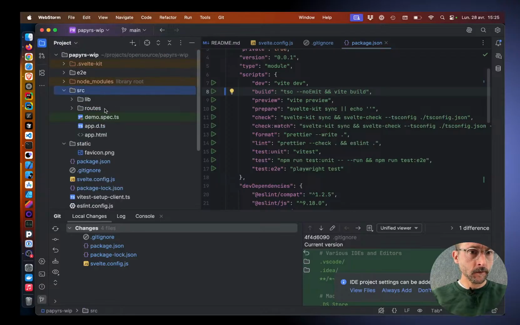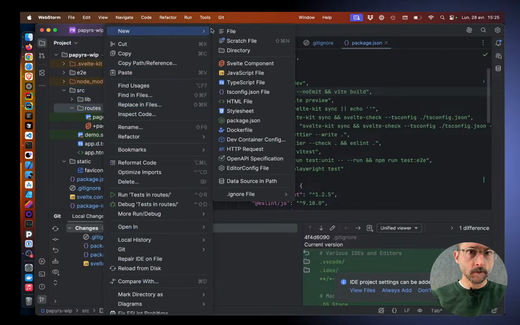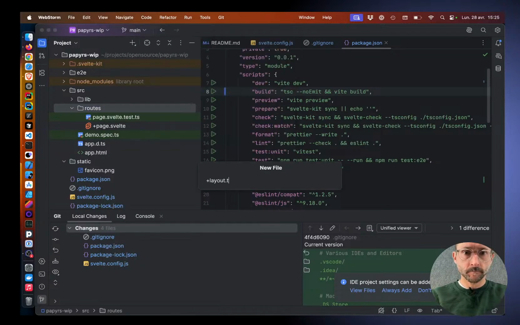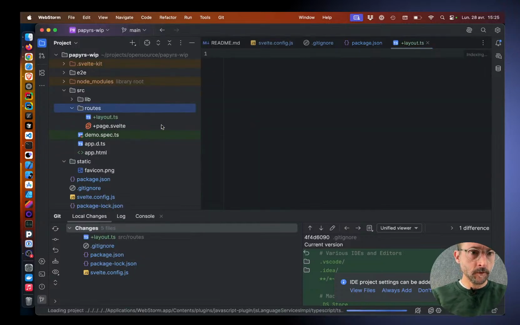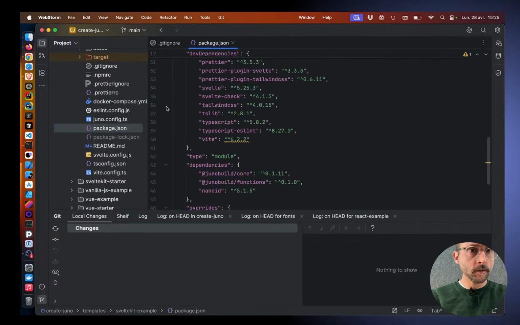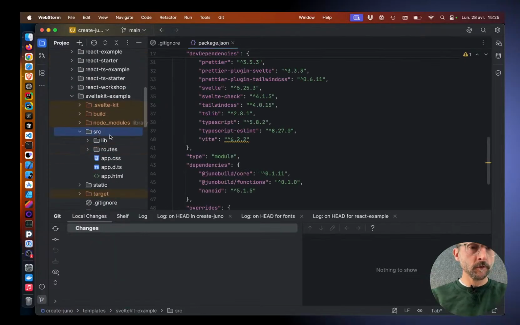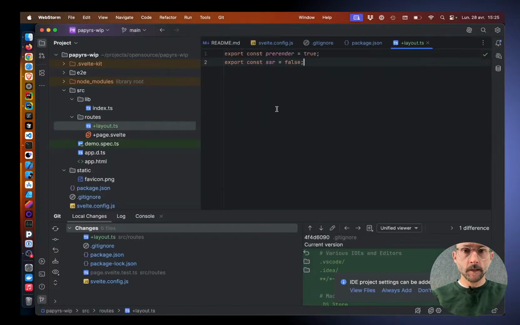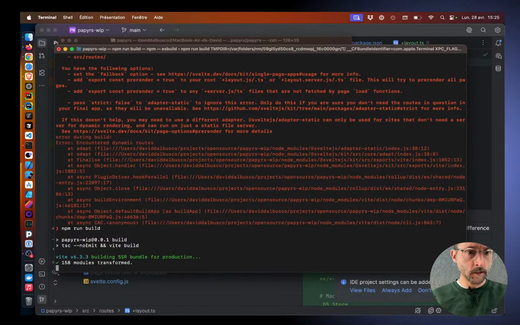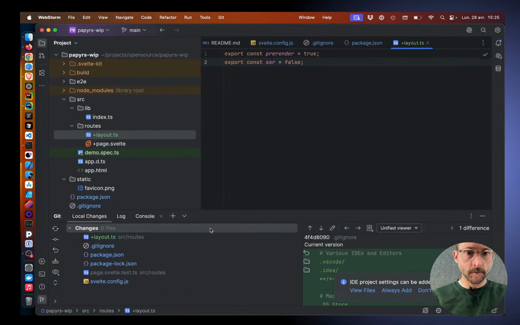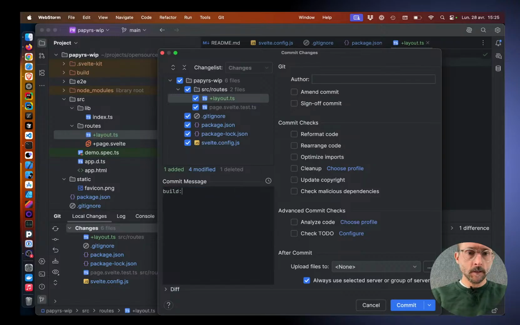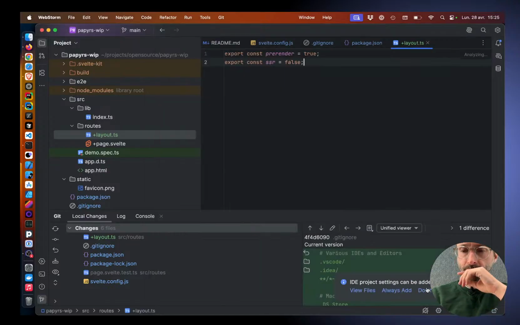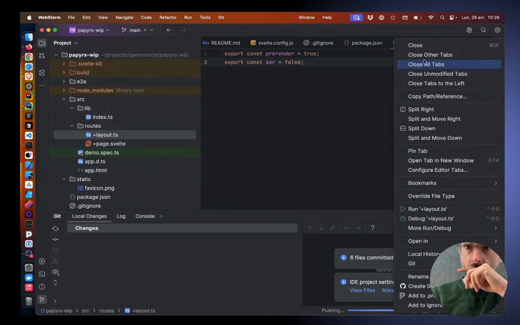In the src we need to add a layout. I'm gonna remove this one, and in the layout we need to set up the static and pre-rendering stuff. Yes, like this, and now we should be able to compile. Okay, so here we have build svelte static. Okay,